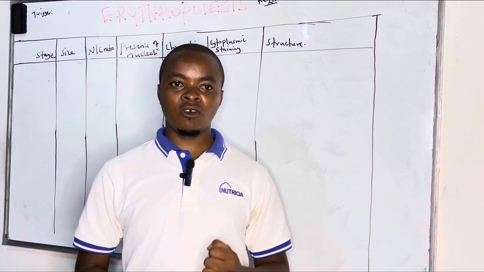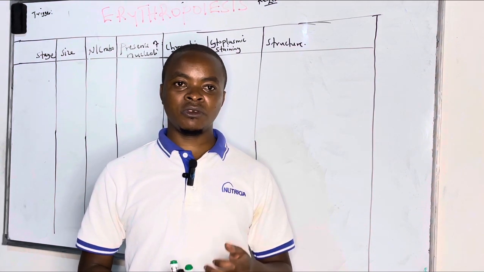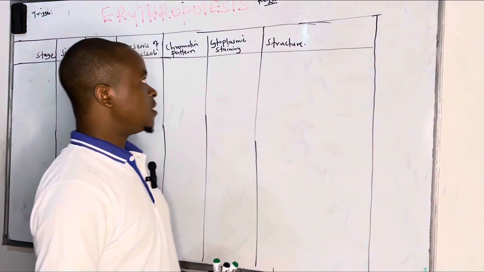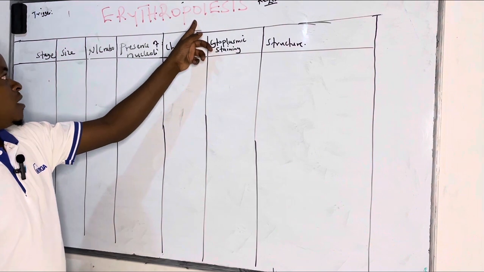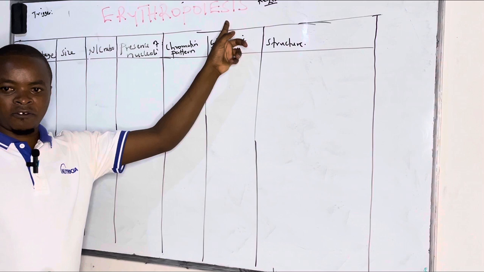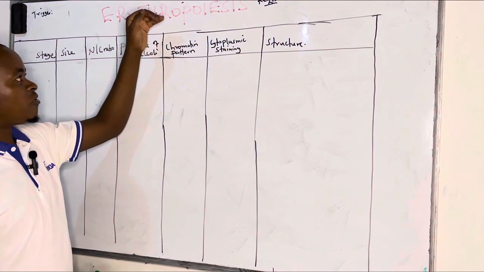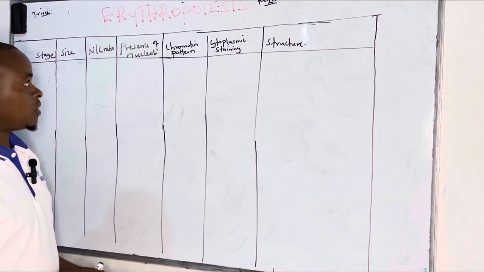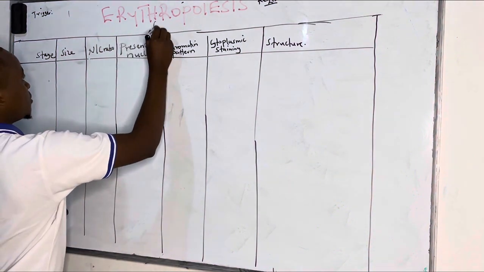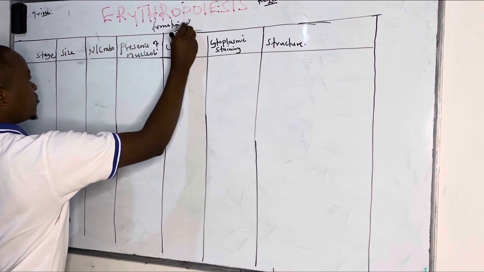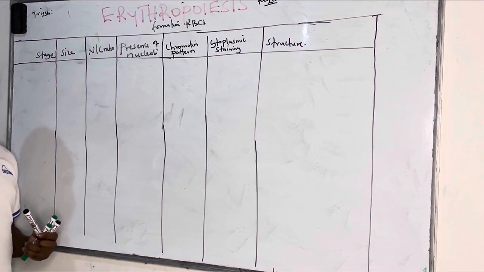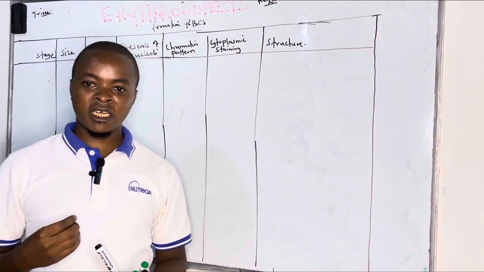So today we want to focus on how red blood cells, what we call erythrocytes, are produced in the body. And this is erythropoiesis, which is the formation of erythrocytes, because erythro comes from the word erythrocyte, whereas poiesis means formation. So we are looking at the formation of red blood cells in the body, whereby these red blood cells are triggered by